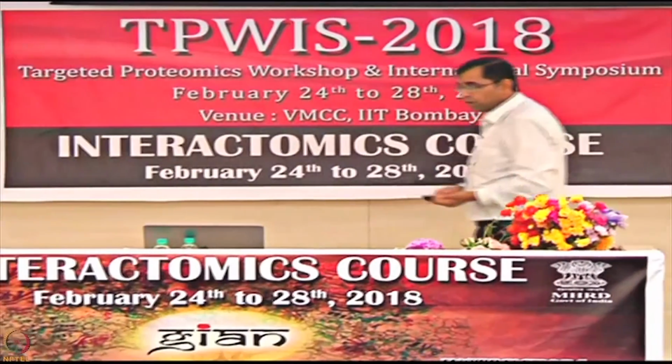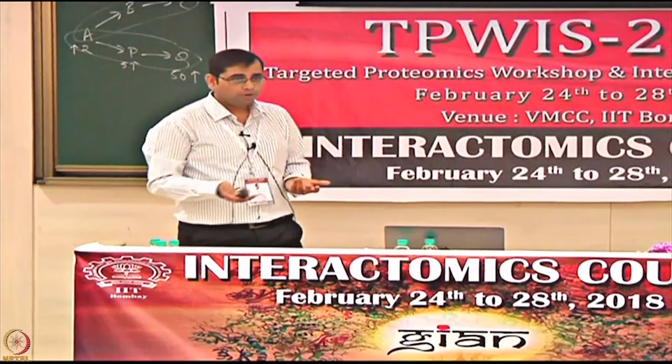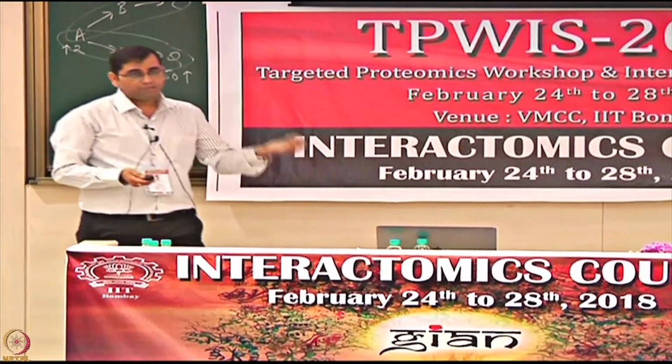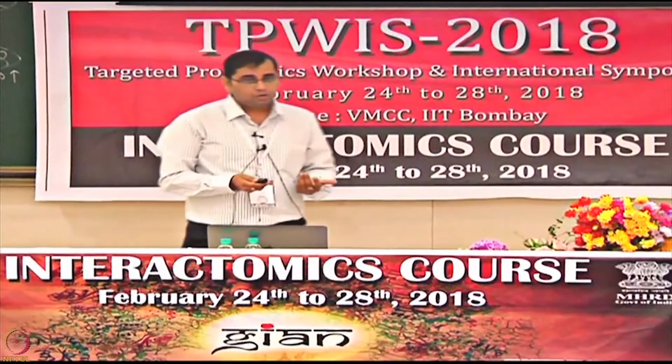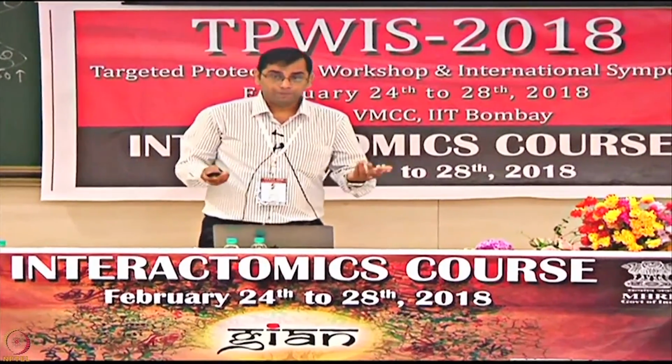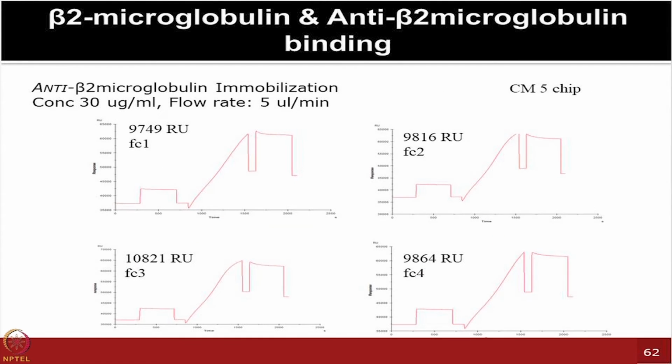So, it's of course not a novel thought. It is just a practical concept which we want to employ to really find out the unknown interactors, and to detect them using mass spec. But even a practical concept can become very difficult when you do the actual experiments. The concepts are very straightforward. We are employing one SPR technology and one mass spec technology together, trying to get the best of the two technologies to identify the unknown interactors. In this case, again, we started as a proof of concept